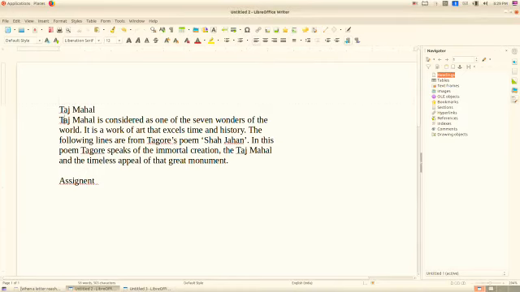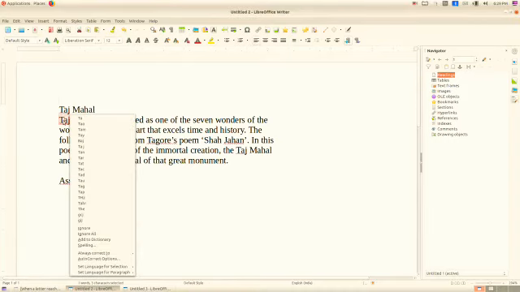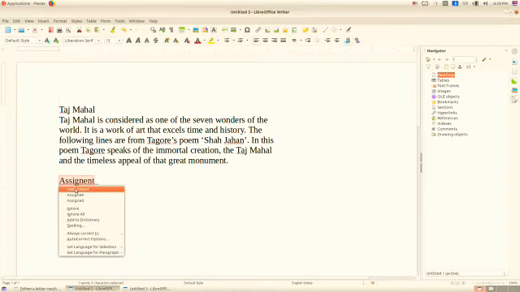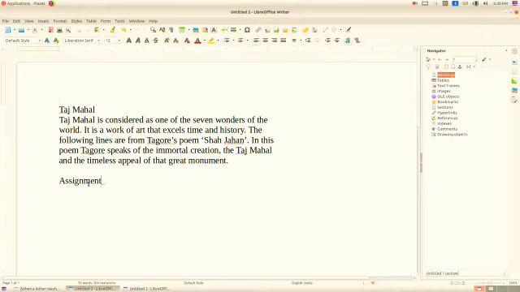Another way, you can ignore the word. Suppose you don't want to add it to the dictionary, just right click and then select Ignore. Then that word will be ignored. Also here we can see a red underline, and you may not be familiar with the spelling. At that time we can right click, and it already displays some words that are similar to the spelling that you typed. Select the exact word from the list, then that word will be displayed. These are some editing works.